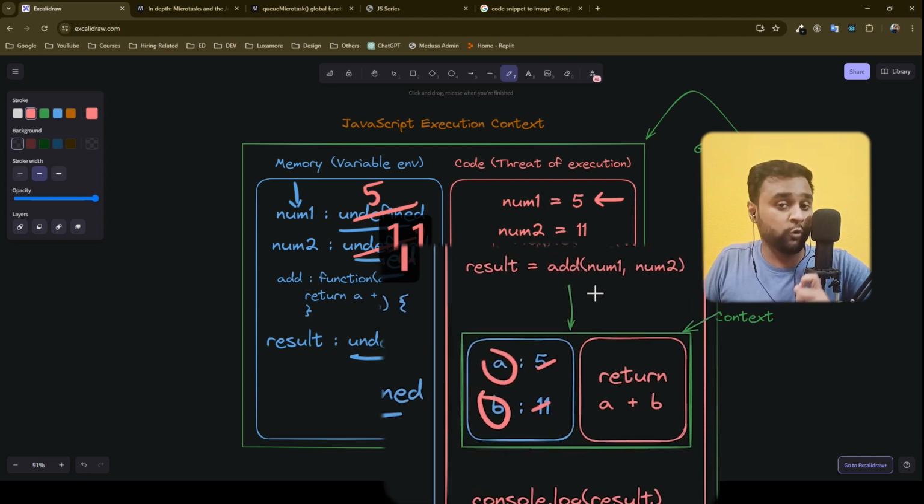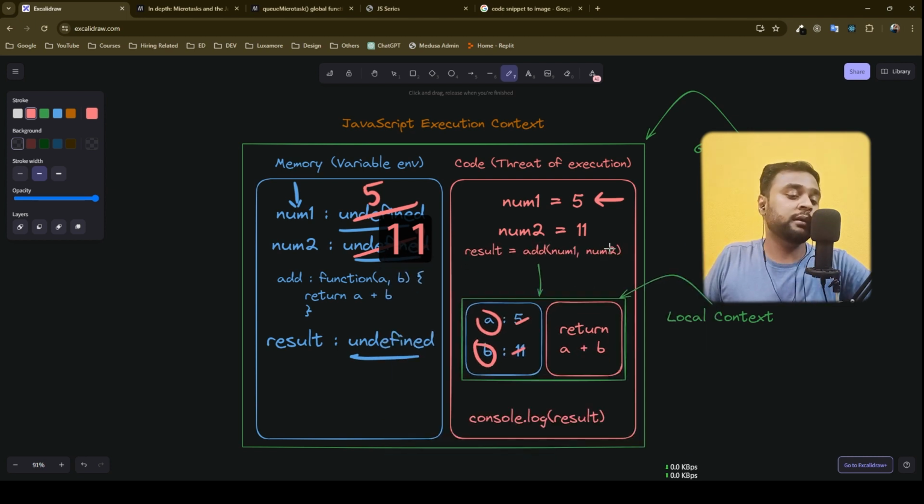When we are calling this in the code execution part of this local context, the execution context of this add function, then the num1 and num2 values, which are 5 and 11 respectively, will be assigned. So now a will be 5, then b is 11, and it is simply executing return a plus b. This a value comes from this memory and the b value comes from this memory, so 5 plus 11, the return will be 16. And when it returns the execution to the global context, this local context is destroyed,